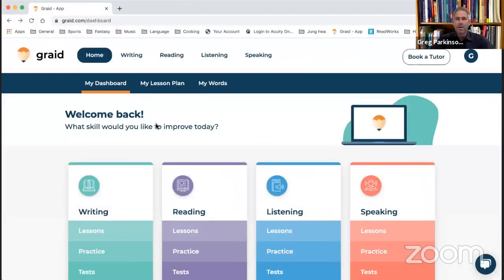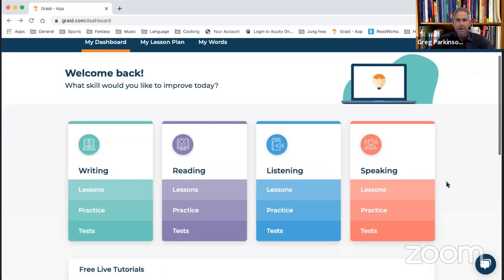What I want to do now is switch over to the GRAID site itself, not the GRAID Facebook page, but we're going to go straight to the GRAID page. And this is where you can practice for the test. Okay, what you're looking at now is the landing page or the dashboard for the GRAID website. So if you've seen the last two videos or the last two webinars, then you'll know that we were working on a reading test. So I go here, I click on tests,